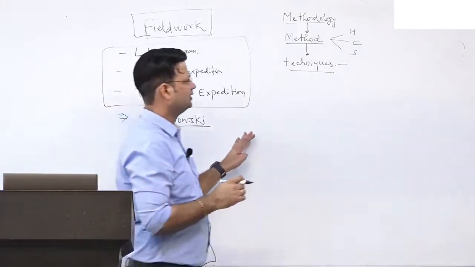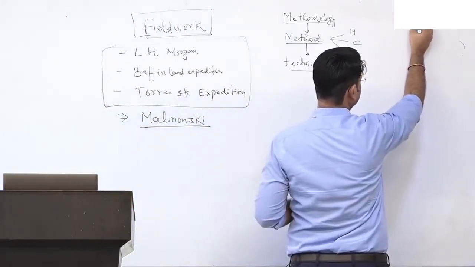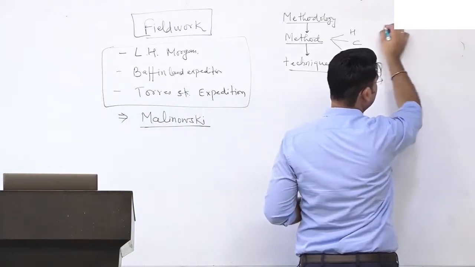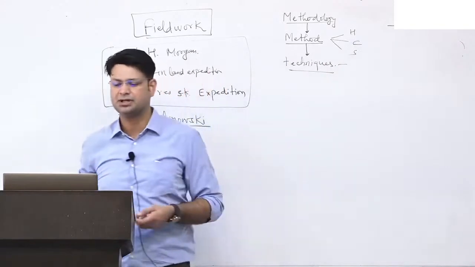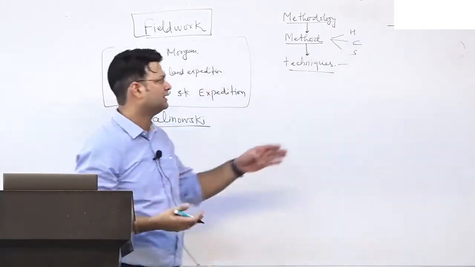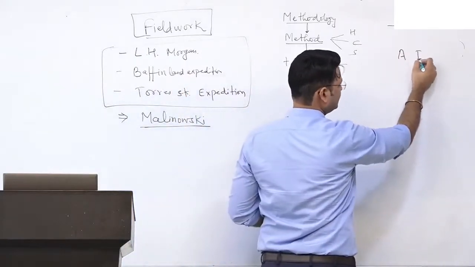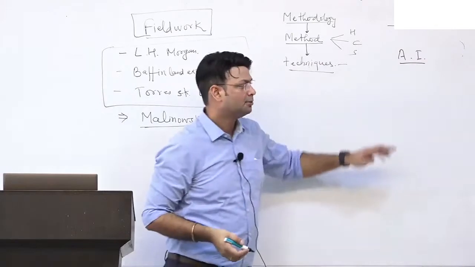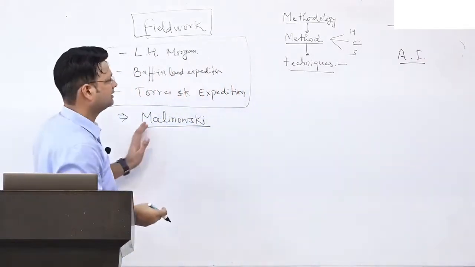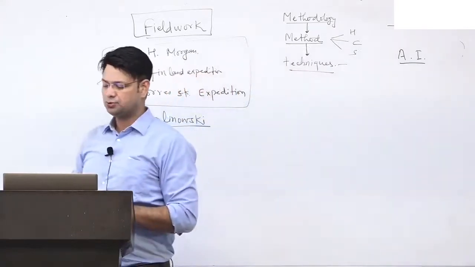And finally, there is a third part of this unit: the interpretation of the data that is collected, and there can be many ways. Nowadays, for the interpretation, analysis, or presentation of the data, we can use artificial intelligence as well. The statistical tools we were using earlier, but now we can go into artificial intelligence also. So these are the three broader areas of this portion that we have to understand.